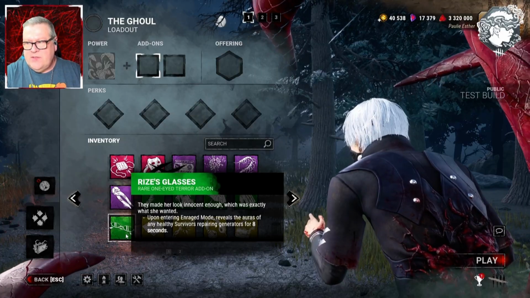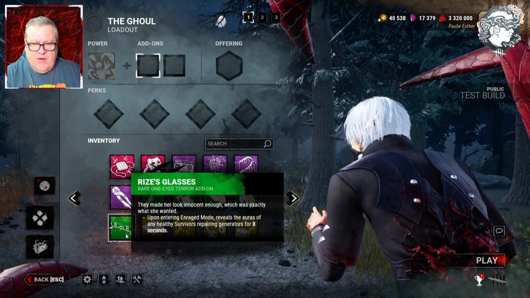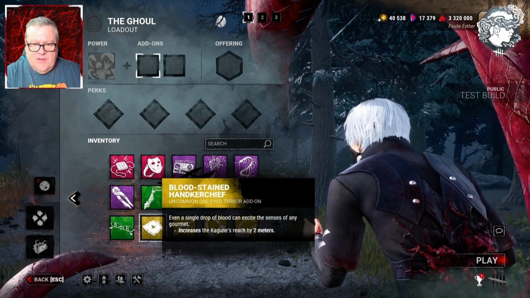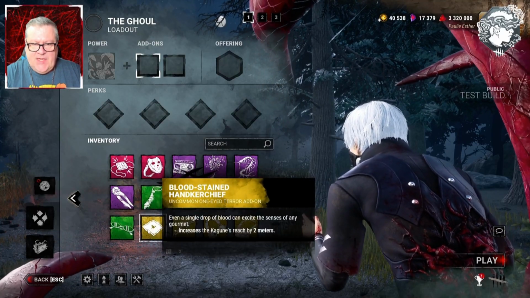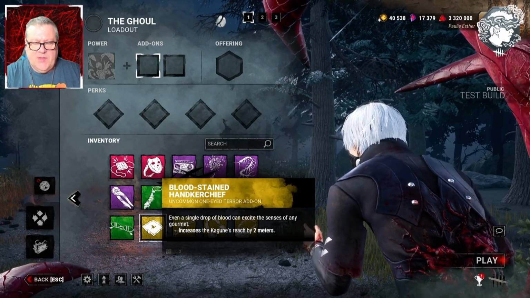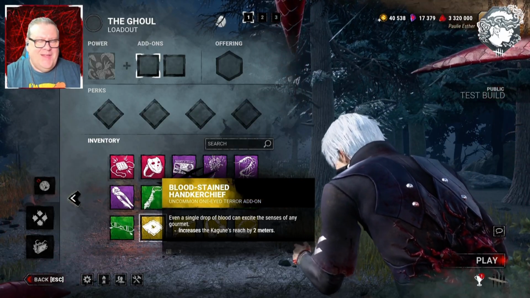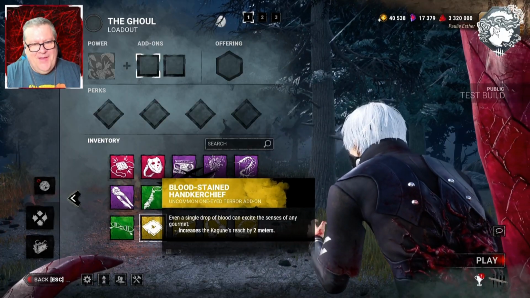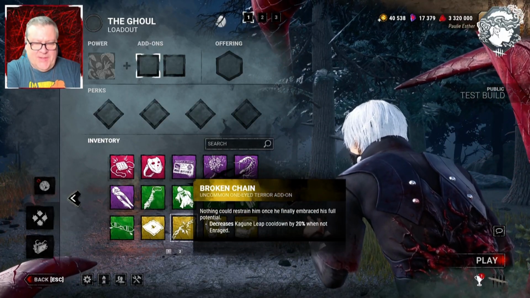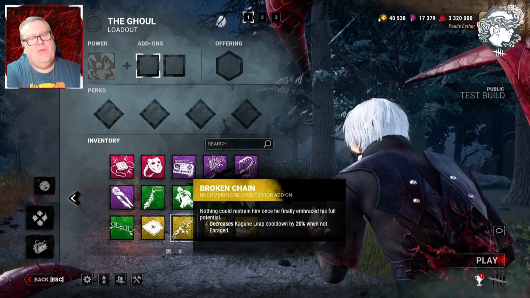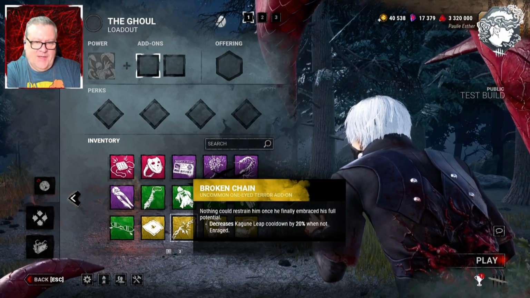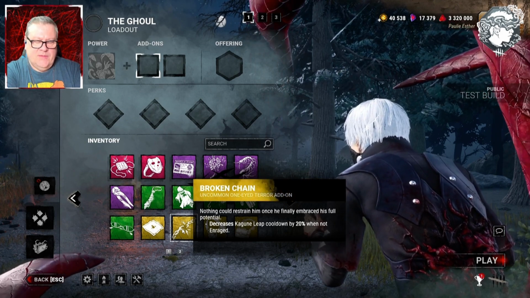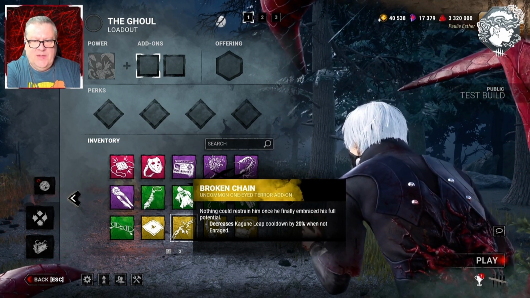But yeah, I thought Satori did a great job, and I wanted to share all of that with you. How many more of these do we have to go through here? About 10 more, maybe a little less. The blood-stained handkerchief. That is a strange one for the Gourmet. I'm really looking forward to the cosmetics that come along with this too. I wonder if they would ever build on the cosmetics in the future, or if this will be one and done for the number of cosmetics that we would get for this.